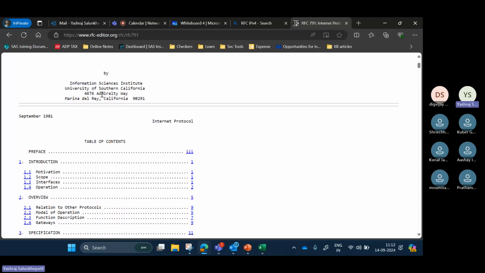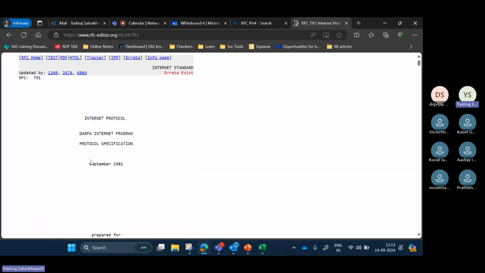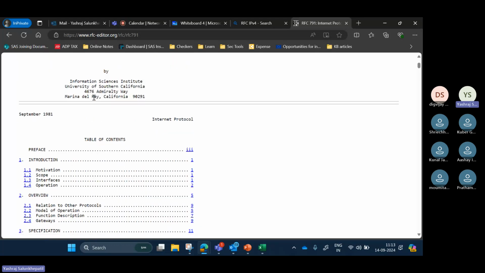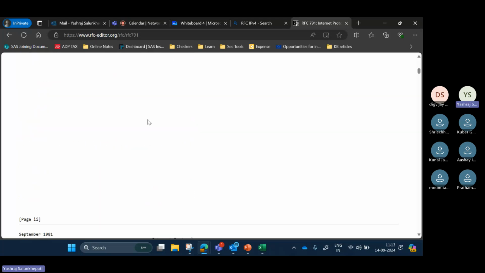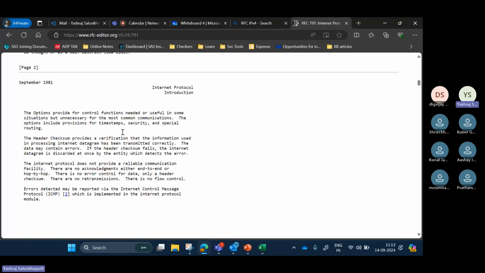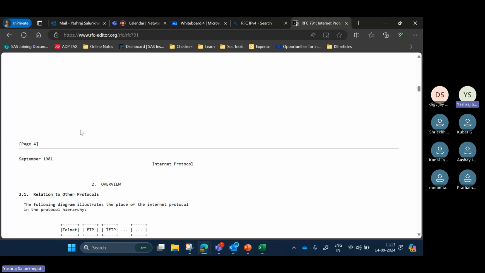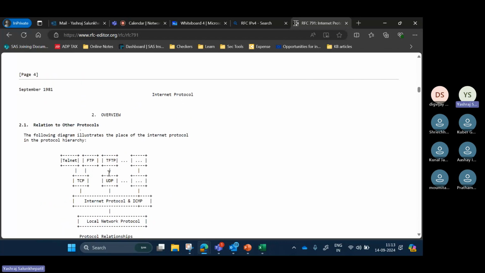Okay, army technology का another example is dark web. Okay, it is an invention by the US Navy. ठीक है. उनके जो labs थे, they invented the dark web. So like that, उसका definition वगैरह सब you'll get it here. See, Information Institutes, California, so and so. इसमें they define कि कैसे होता है, operation क्या होता है. Okay, on September 1981, what happened? ठीक है. Then this was the overview.